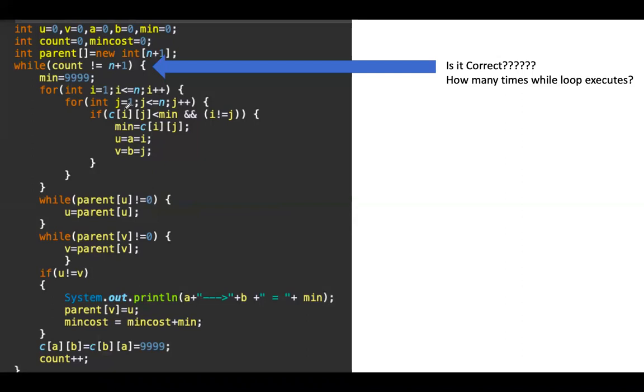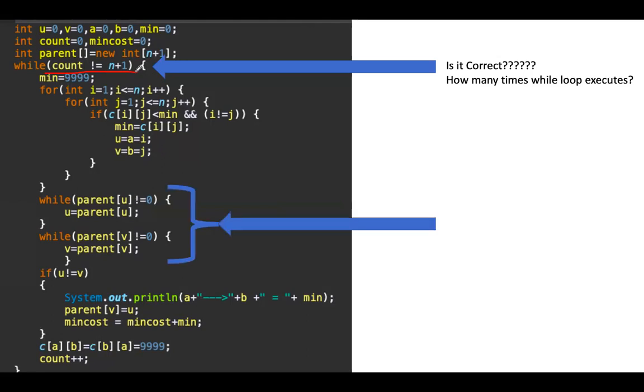Here, that is not the case. We are executing one more time. The n value is 4, and we are executing it 5 times. So the question is why. Is this condition correct or not? Why have we given one extra iteration for this while loop?